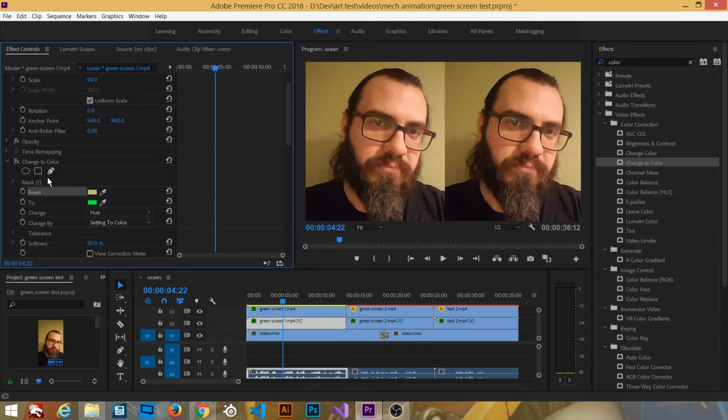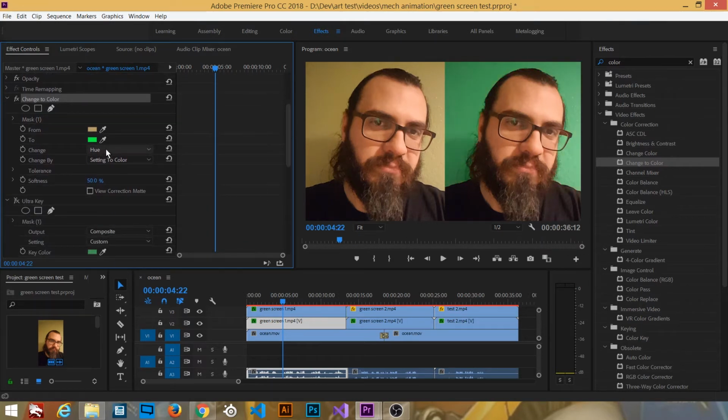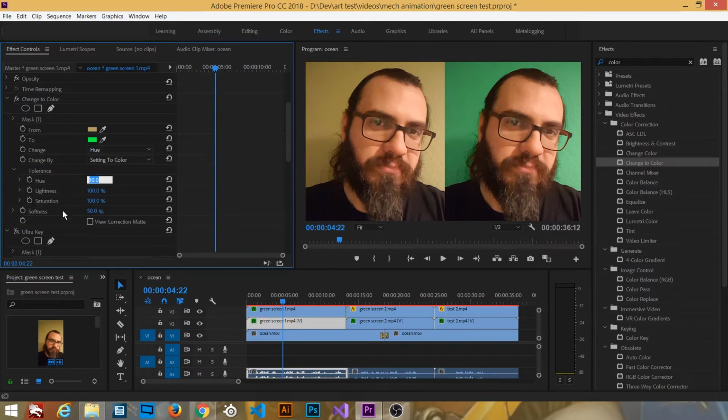So first thing that we did is change the color. We chose a color basically from around here, a mid value, so in between the lights and the darks. And what it'll do, using hue in this case, we gave it a 10%, softness of 50%,